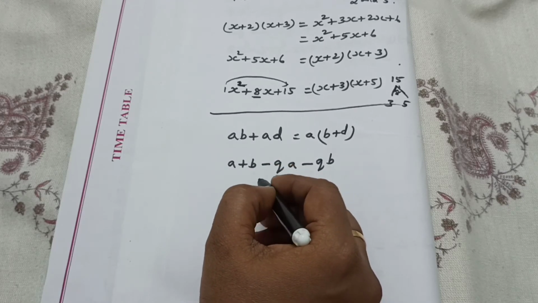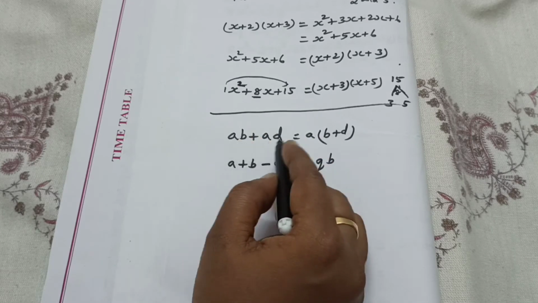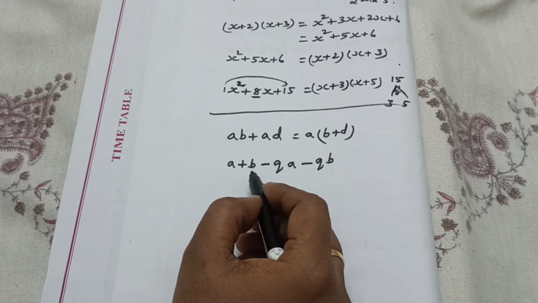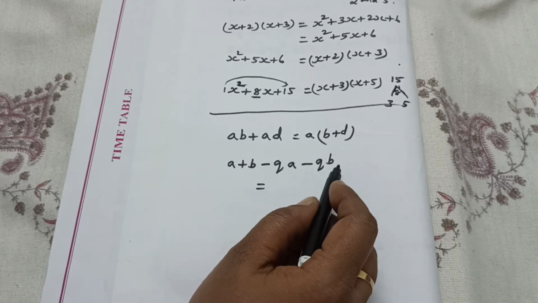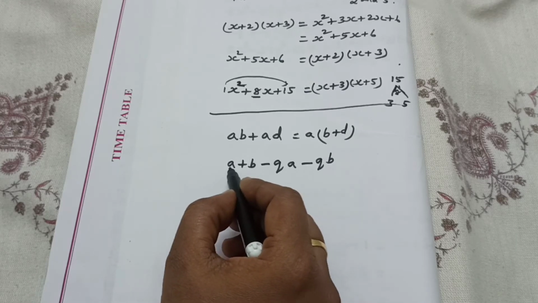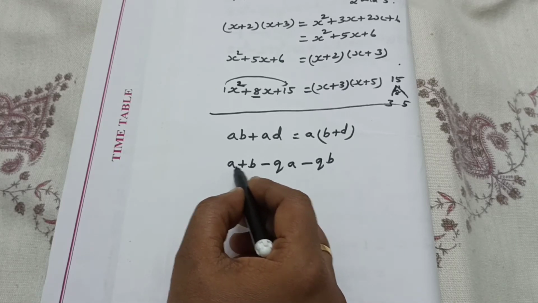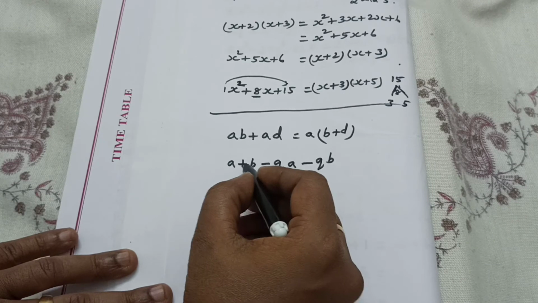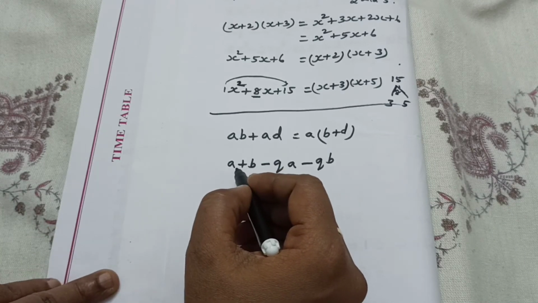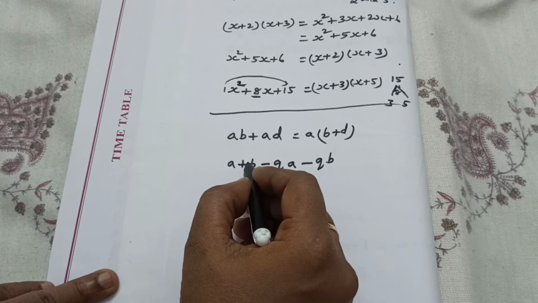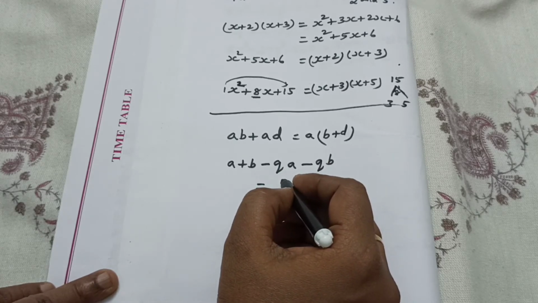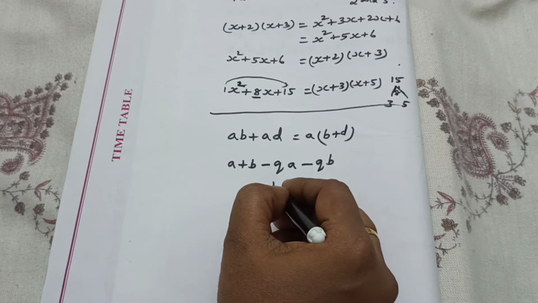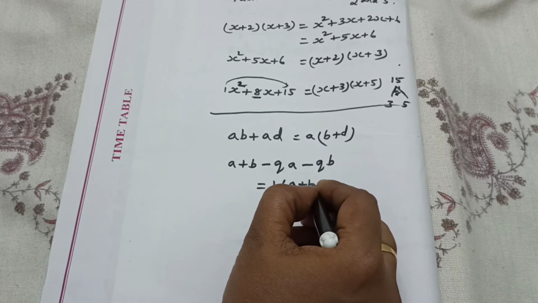How can we find it? Here we have no problem. Common is there. Common we took outside, isn't it? That is one method. Here A plus B minus QA minus QB is given. In that case, first two terms we should take. A plus B. Here one is common we can take, isn't it? A, one is common. Here B also, one is common. Then how can we write? One common we can take outside, the A plus B.